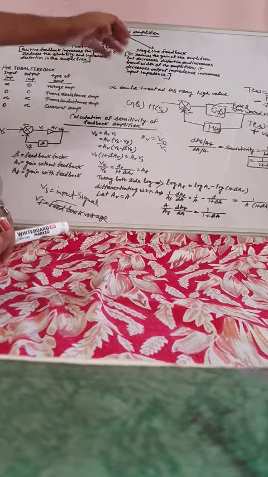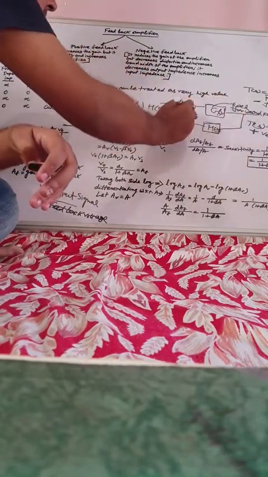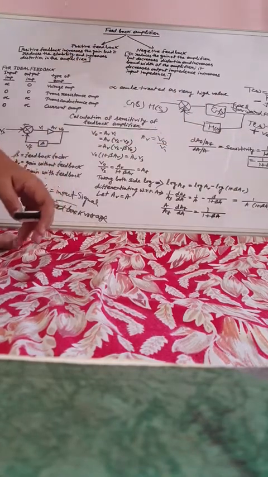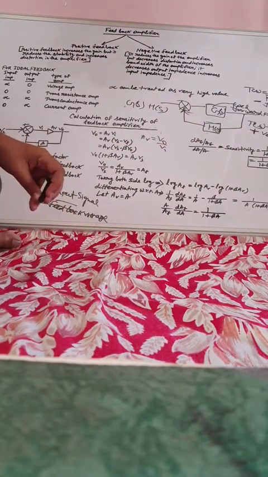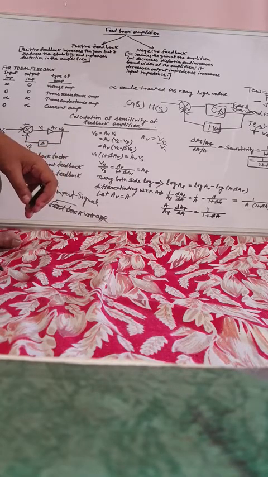But if you use negative feedback, the feedback path H(s) will be terminated by a negative sign. So it reduces the gain, but it decreases the distortion and increases the bandwidth of the amplifier. It decreases the output impedance and increases the input impedance. So the transfer function T(s) will be G(s) divided by 1 plus G(s)H(s). This is called negative feedback of the system. Negative feedback reduces gain, but it increases the bandwidth and decreases the distortion of the system.